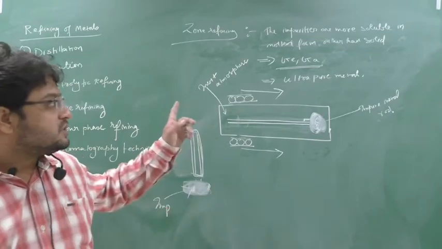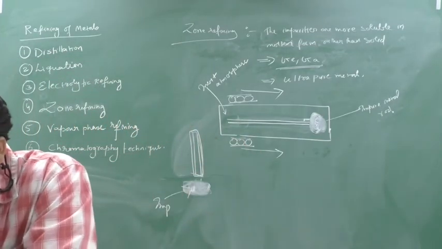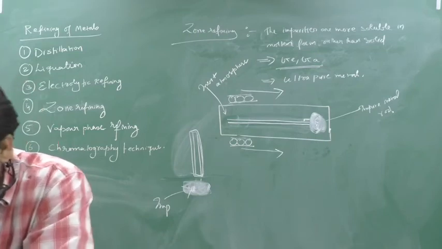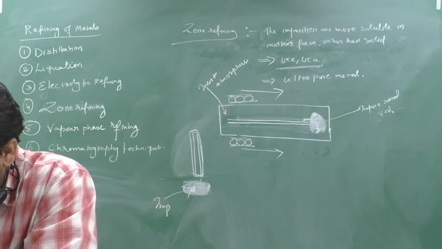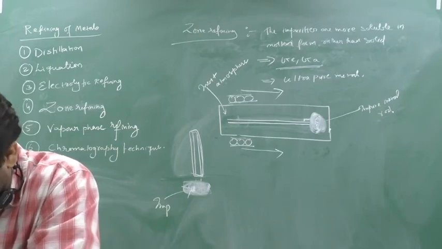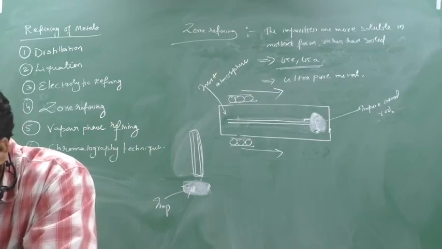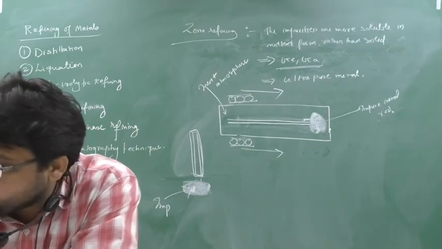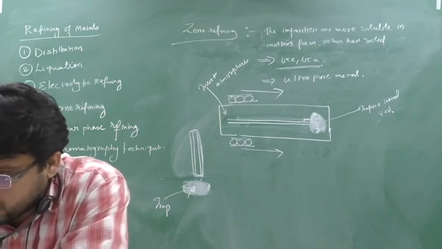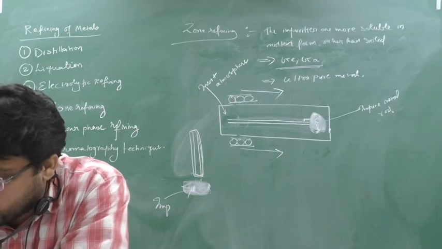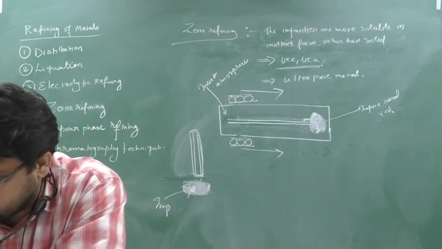Here's this part. So I will share the video, you will see the video, you will understand much better. Right on principle: impurities of some metals are more soluble in the molten state rather than the solid state. In this method, a circular mobile heater is fixed at the end of the rod of impure metal.